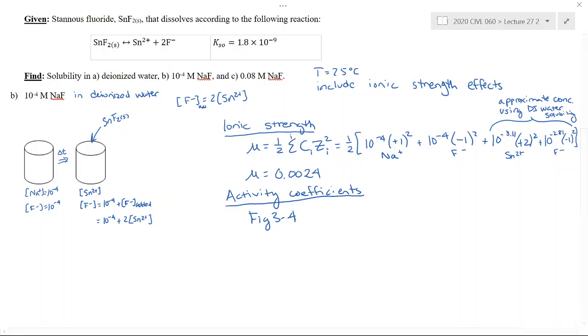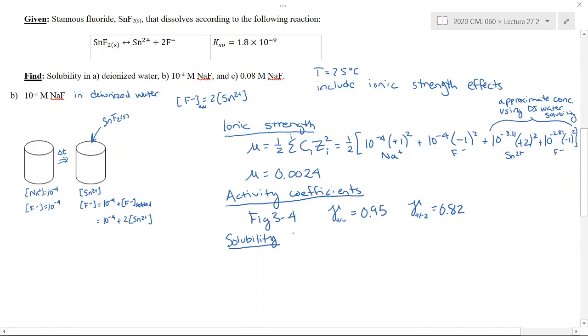Using that, I get a gamma for species that have a plus or minus 1 charge. This is the Guntelberg approximation of 0.95, and a gamma for plus or minus 2 species of 0.82. Both of these are Guntelberg approximations. And then we'll solve for our solubility